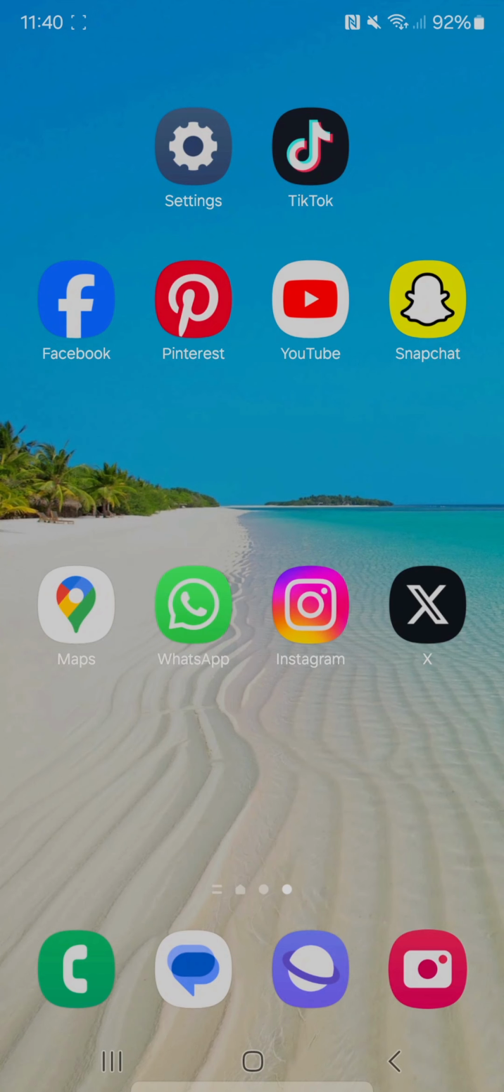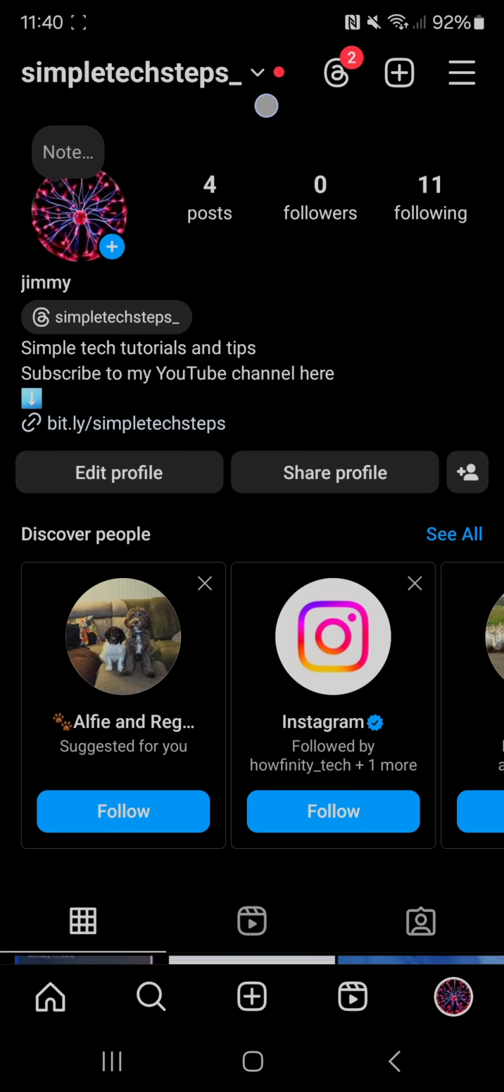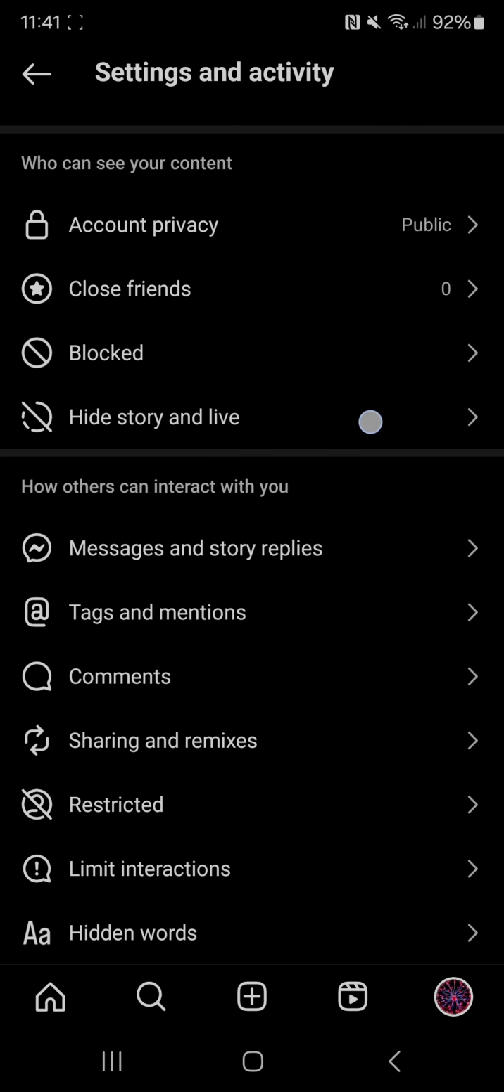So what you'll need to do is open up Instagram, click on your profile icon on the bottom right, then click on the three lines on the top right. Once you're on here, just scroll down